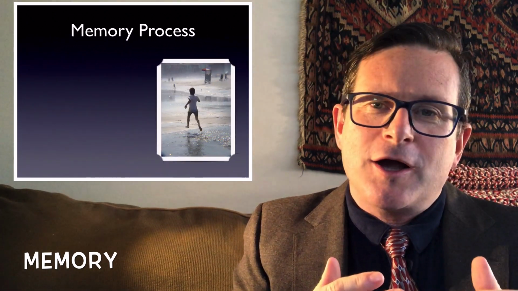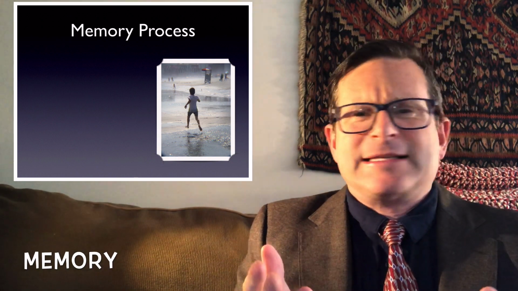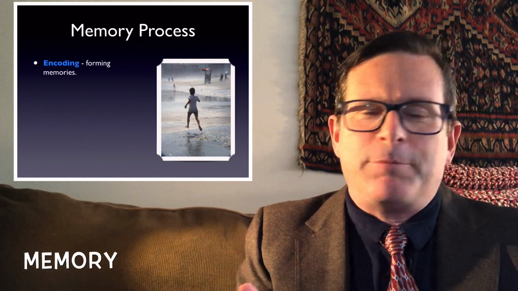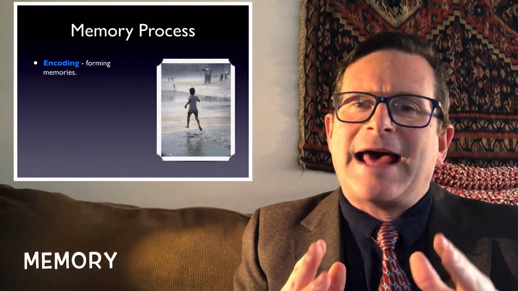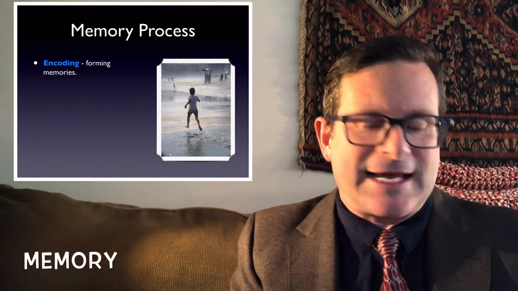Let's talk about memory processes, because if you've ever forgotten something, there are 3 stages in the memory process where you could have forgotten it, or 3 reasons why, if you think about it. Oftentimes I'm always losing my keys. I put them down, and the reason I can't remember where I put them is I never really paid attention to where I put them down. I just tossed them on the coffee table. I wasn't paying attention. We call that first stage of the memory process encoding.